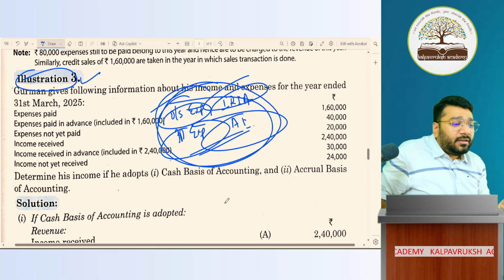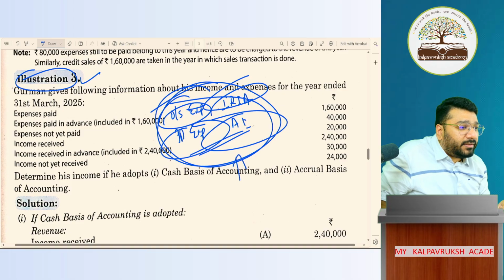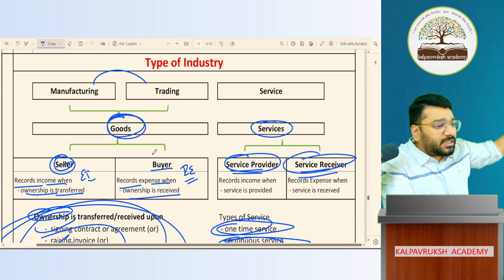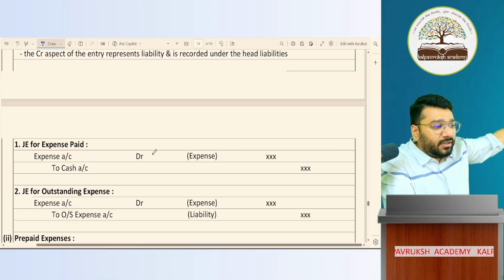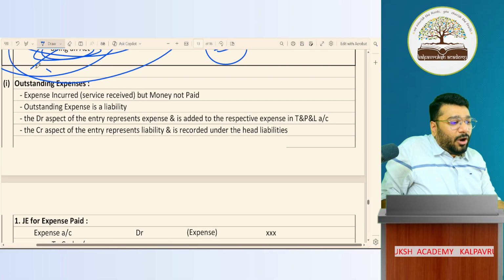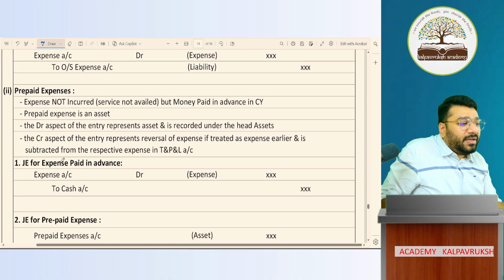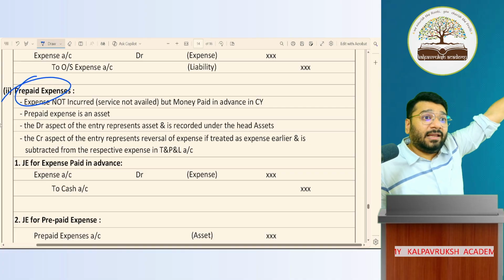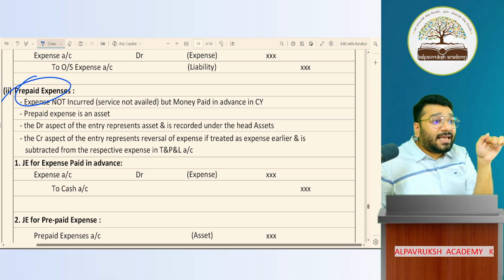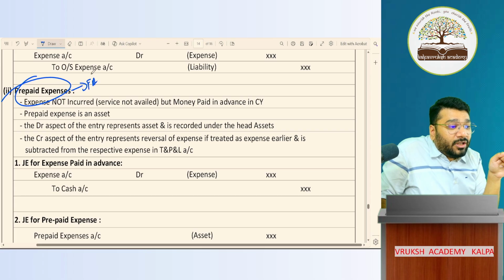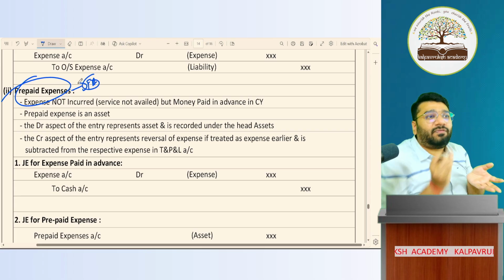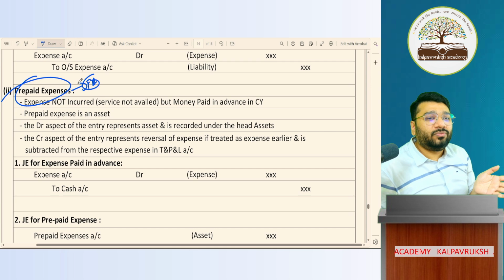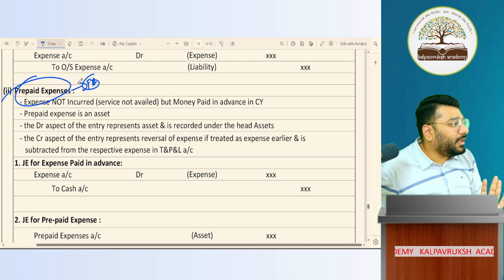Last year, I did a discussion of this. To come back to my notes, after the basis of accounting and types of industry, what is there? Outstanding expenses, prepaid expenses, and so on, but I'll not discuss them right now, because by the time you come to final accounts, you'll forget it. This has a connection to final accounts, so I'll explain this concept and link it to the final accounts, and the flow will be set down correctly. Now I'm not discussing it. Okay, not okay.